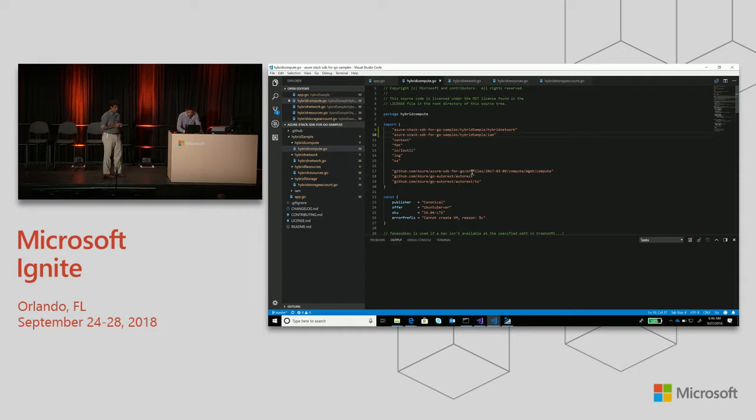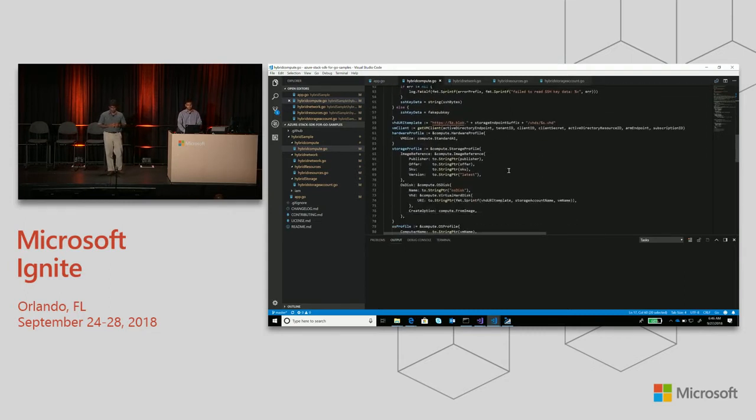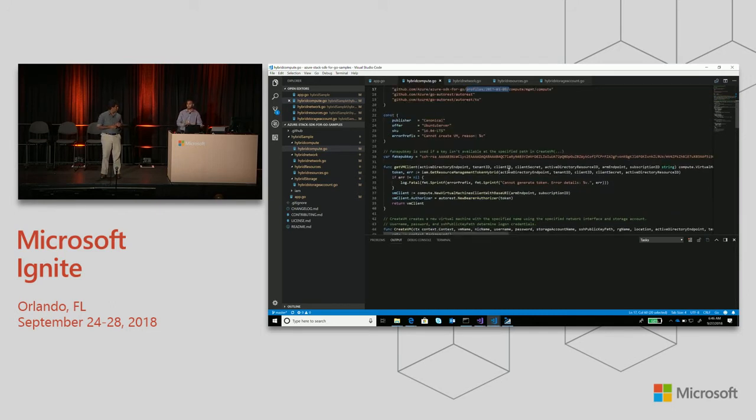So what you do is, as you see here, we have the profile itself set up. One of the profiles Sri talked about earlier was 2017-03-09. There is a newer profile called 2018-03-01. What this allows you to do is you don't have to stipulate API versions in any of your code. If we were to go through this hybrid compute, which is available online and well documented, you'll see that no API version is ever filled out as one of the parameters. When you run this, it'll automatically put in those API versions that were stipulated in that profile.